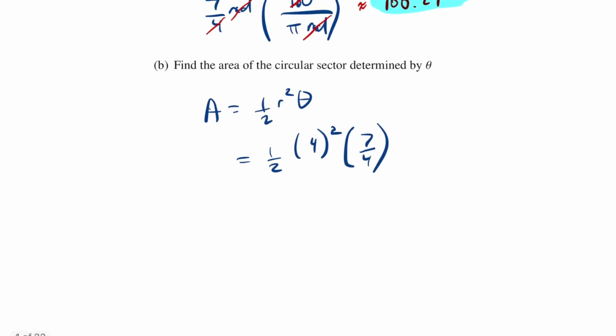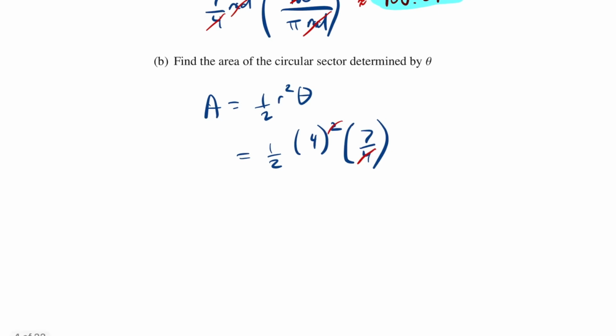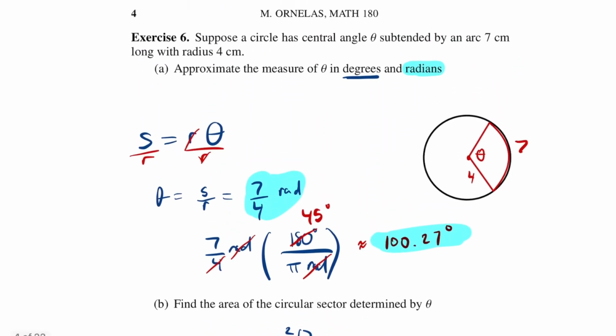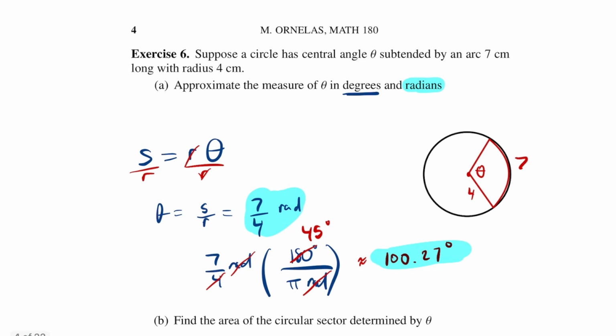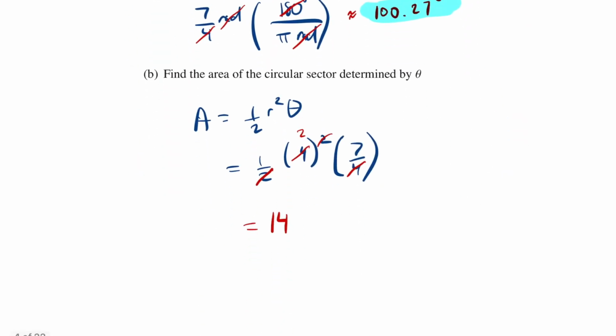All right, well, we have 1/4 cancels with 1/4. 2 goes into 4 twice, and 2 times 7 is 14. So 14. And the units should be squared. So because the radius is in centimeters and the arc length is also in centimeters, this is going to be centimeters squared for our area. And that concludes this